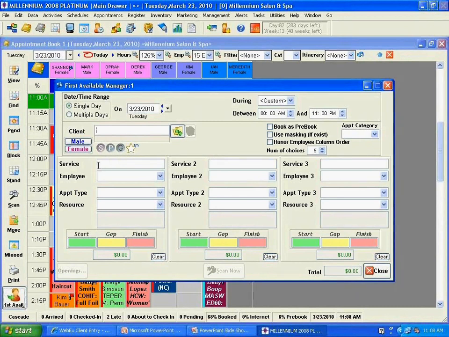They can have an employee if they request one, or if they don't, we can choose our first service and employee. If that isn't available in the book, we can choose our second service and employee, and then it would scan, just like our scan feature, pretty much exactly the same, and we can see if there's anything available for today for this employee, for the client. So we're going to close on out,